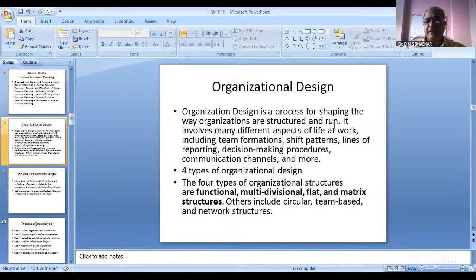Multi-divisional: when the organization has multiple divisions, then different divisions are to be set in different dimensions. Flat structure basically tells us about the different levels of activities that are present, and the matrix structure gives us another arrangement. On these structures we will discuss again in the next class, including divisional structure, matrix structure and all. And these are the various important aspects in unit 6 of this particular syllabus.